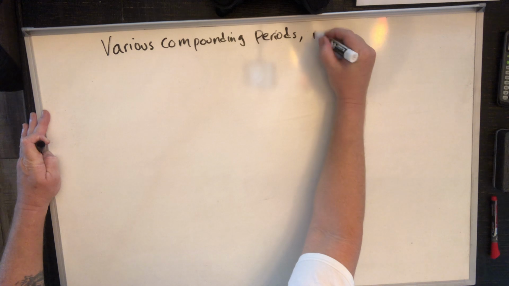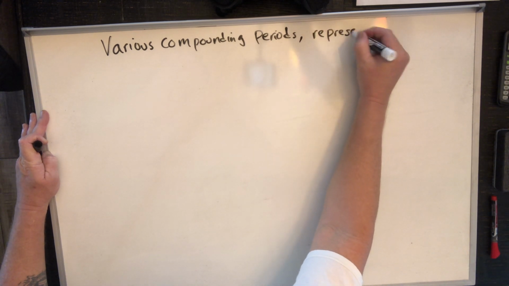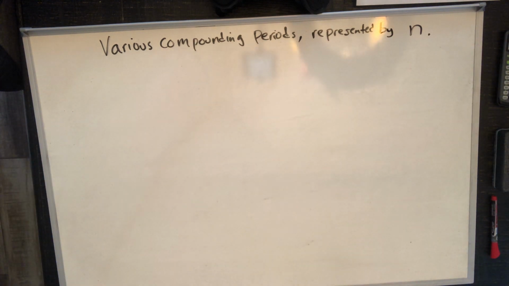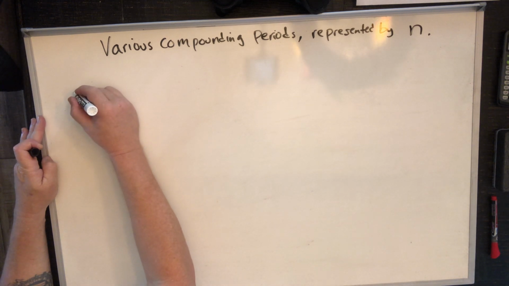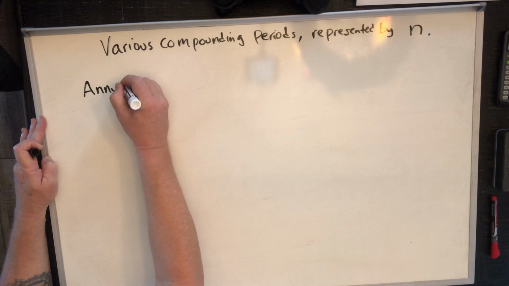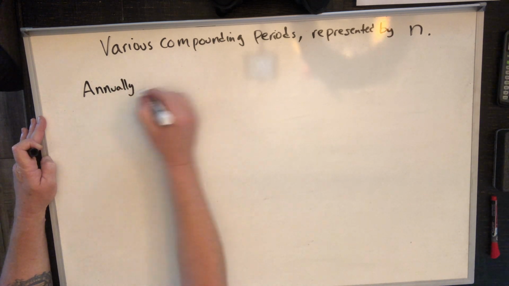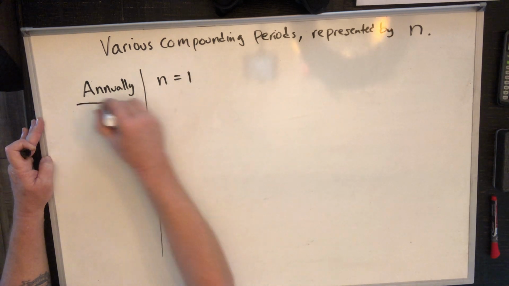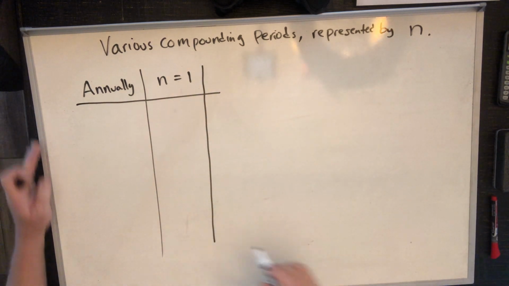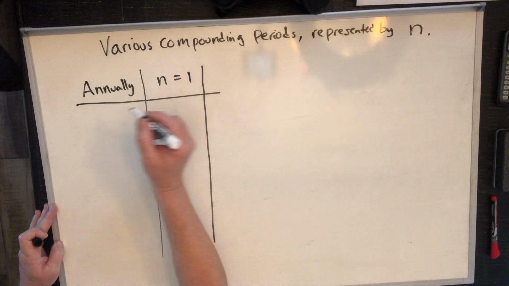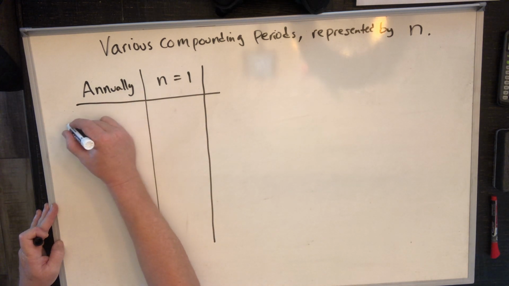These are represented by n. N you can just think of as the number of compoundings. So if you are compounding annually, then that means n is equal to 1. If you are compounding semi-annually,